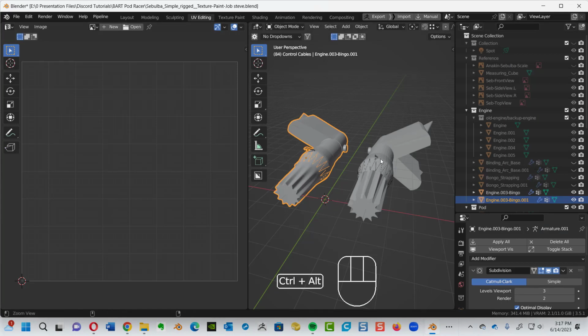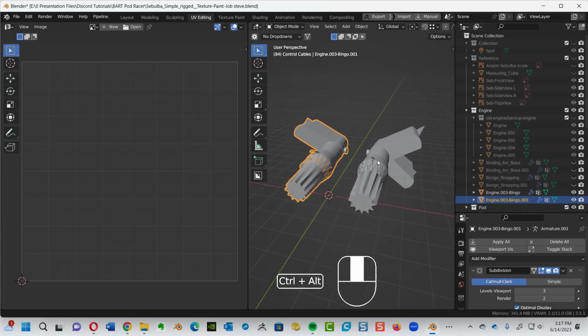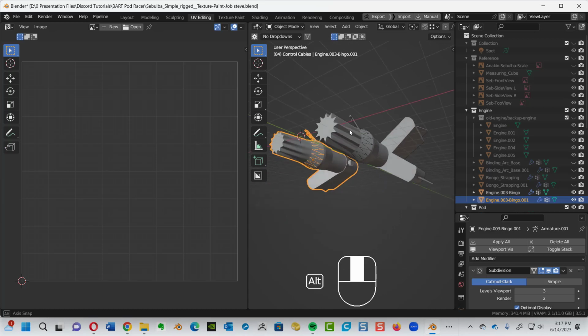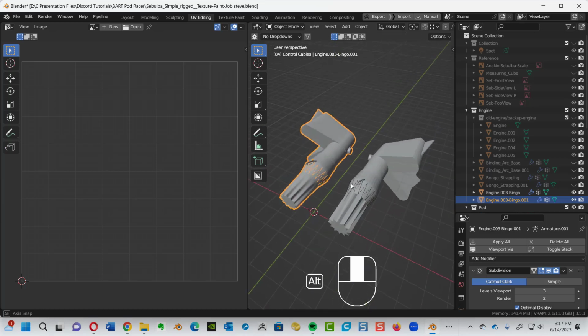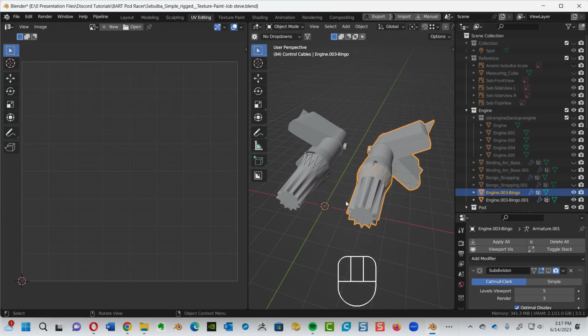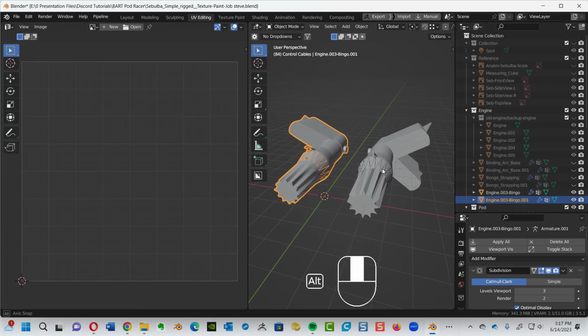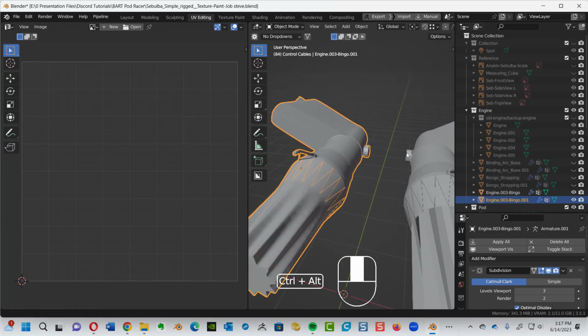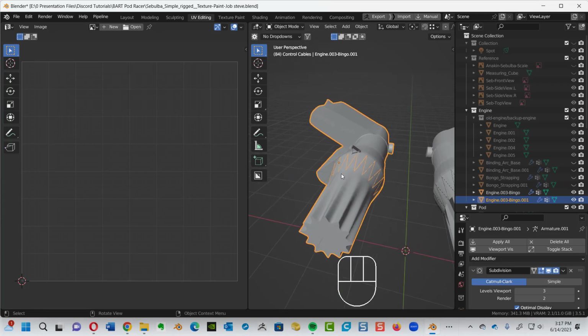So Bart has uploaded his pod racer. I've just turned everything off so we can see the two engines that I'm going to use as an example in this case. The engine to the right is the one that I modified, and the engine to the left is Bart's original. So, targeting the original engine, I decided to start by looking at the UVs,